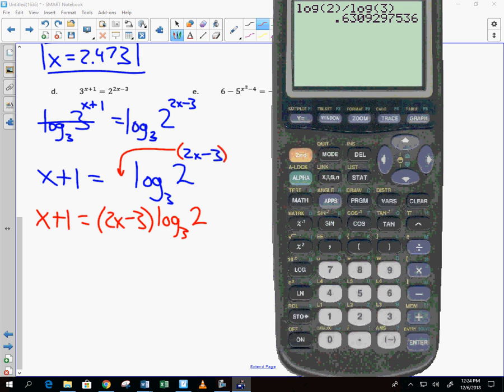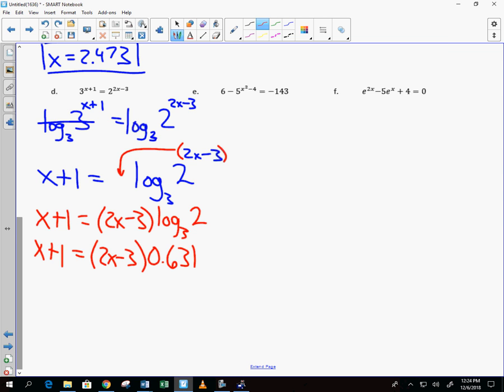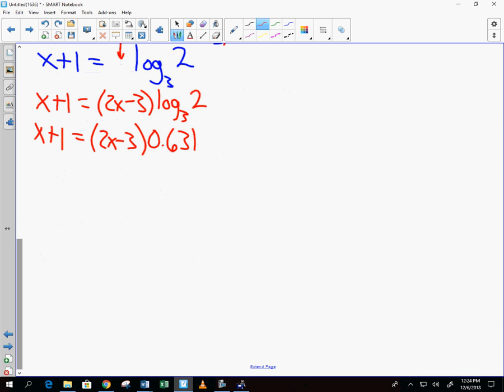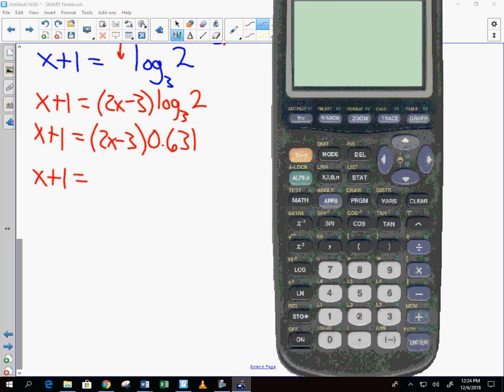0.631. x plus 1 equals 2x minus 3 times 0.631. Distribute the 0.631, and I get x plus 1 is equal to 2 times 0.631,